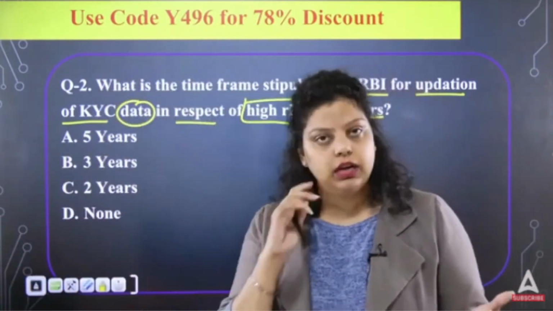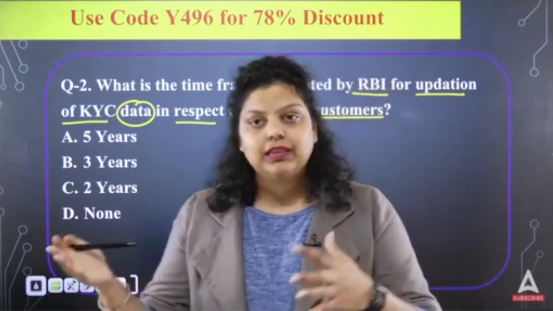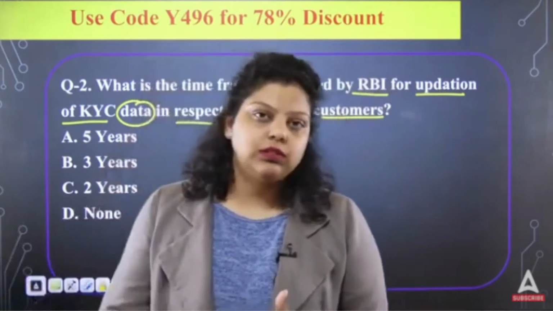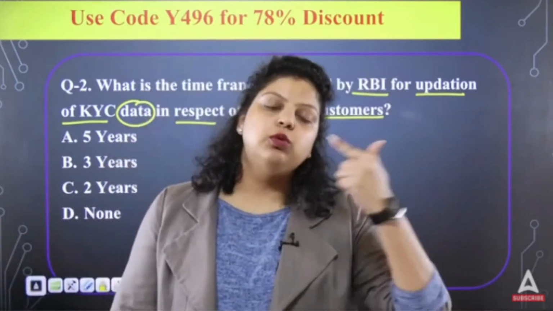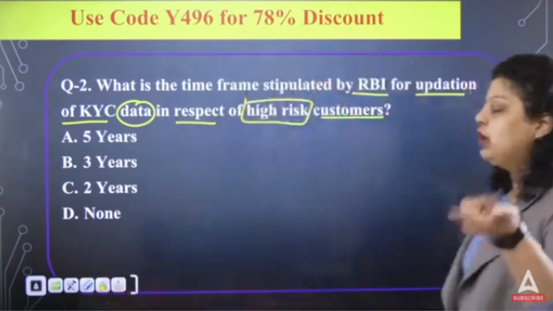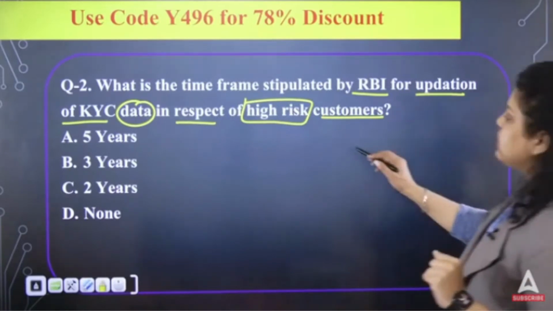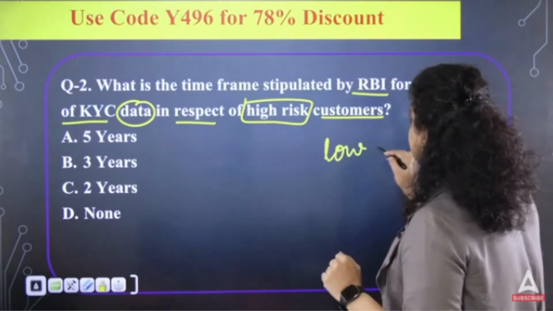He started doing money laundering, placement and layering, all the stages. So how do we identify that this customer is not creating any kind of risk for the bank? For that purpose, you have to do the periodic updation of your KYC. And that will be done for the medium risk customer, high risk customer and low risk customer. In case of a low risk customer, it will be 10 years.